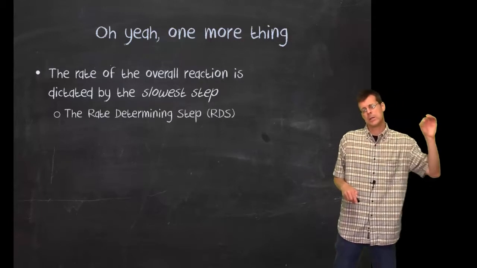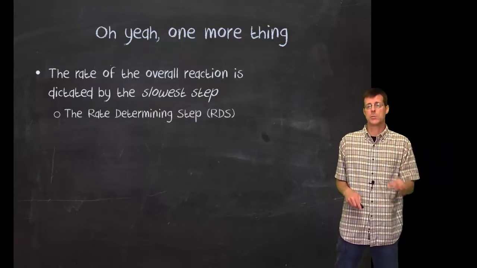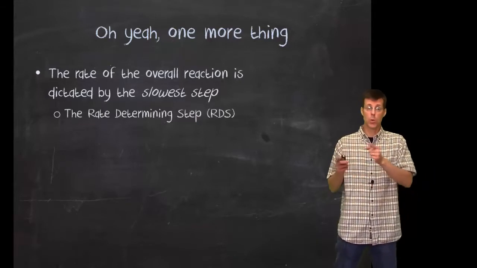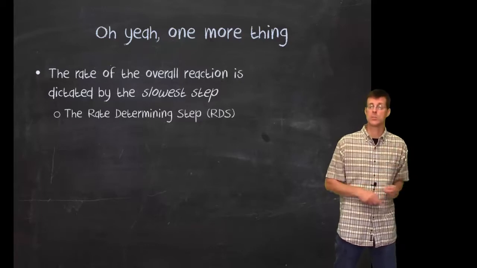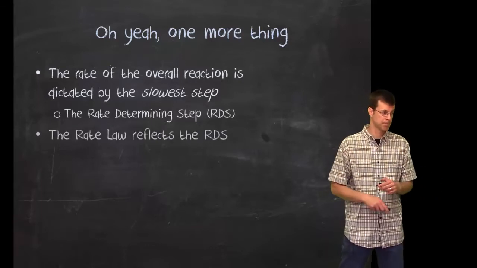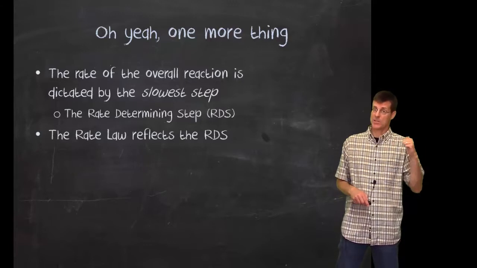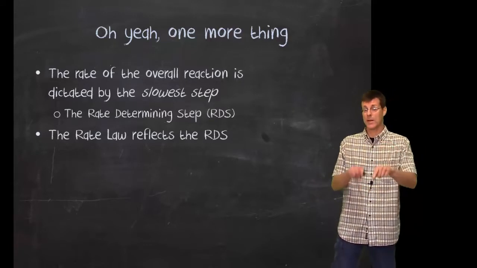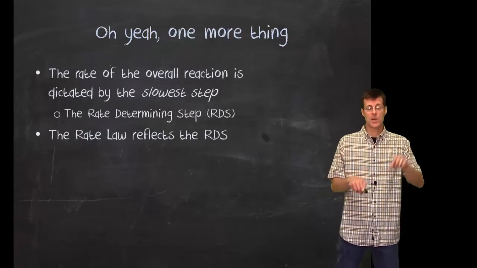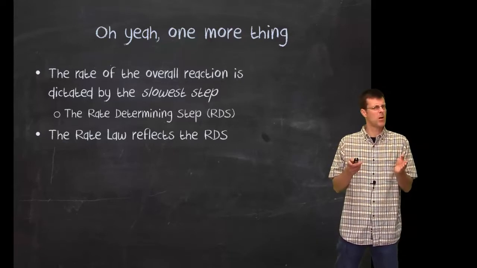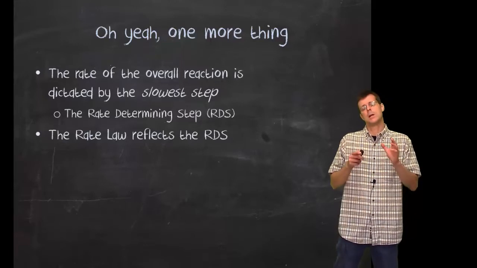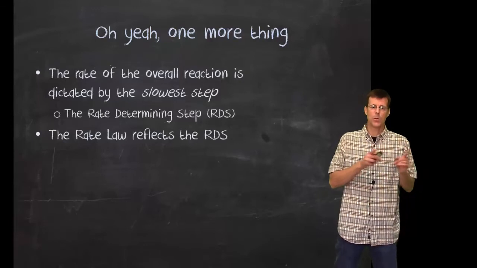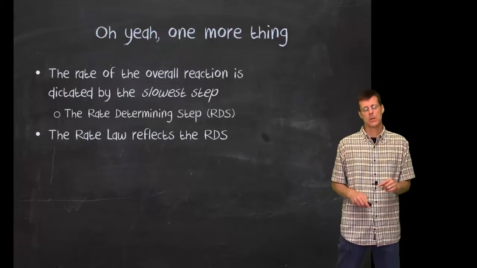We're going to call that, in chemistry, the rate determining step. And that is going to tell us a lot of information about our rate law. Or our rate law is going to tell us a lot of information about the rate determining step. It's going to work both ways. Second thing is, like I just hinted at, the rate law reflects the rate determining step. The balanced chemical equation for a reaction mechanism step is going to be really small, and it might just be 1 and 1, at the absolute most it's going to be 2 and 1, balancing numbers,